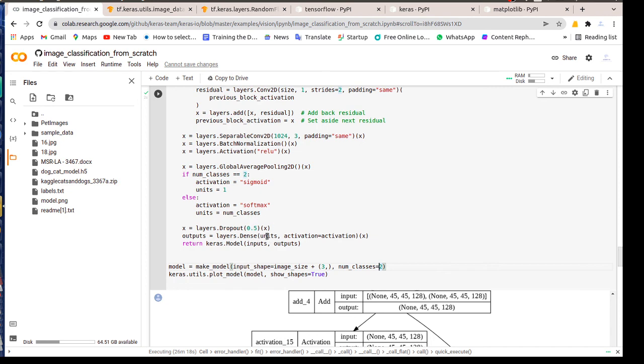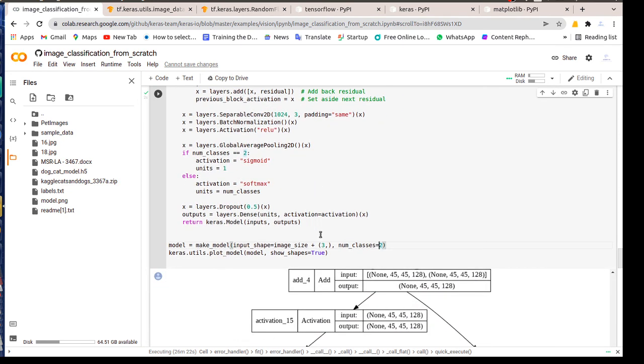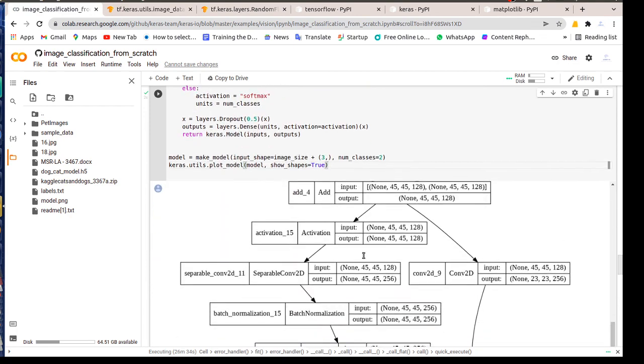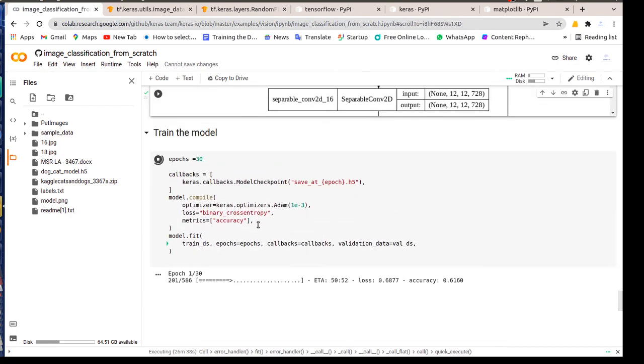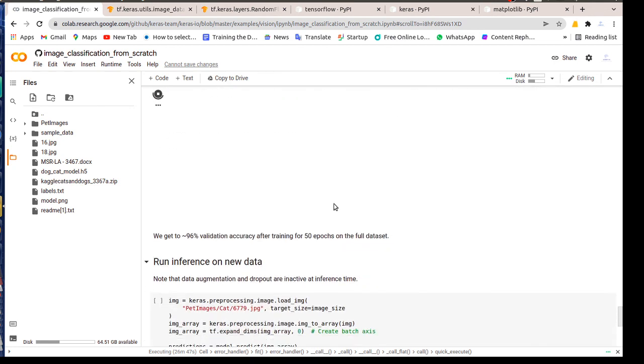Or else let it be like that. Anyway, when you are calling that function, the above is actually the function, the model which we created as a function. You can directly give the number of classes here. I gave 2, you can give 3, 4 according to your need or the dataset you have. And after that you can start training it. Try with 50 epochs or so, which will give good results.